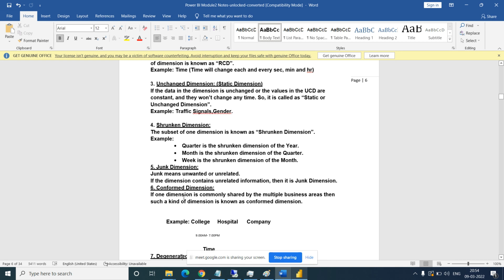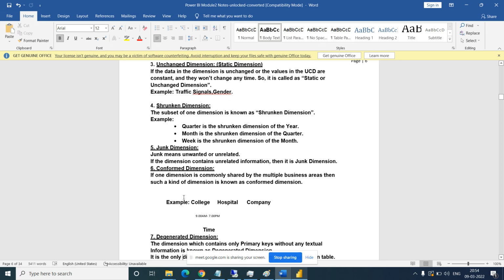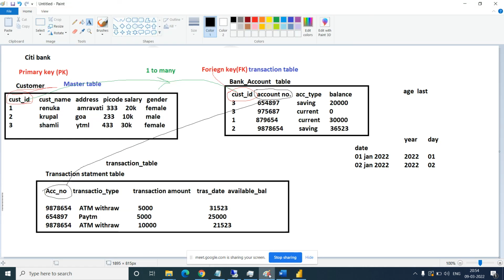Then there is a confirmed dimension. What is a confirmed dimension? If one dimension is commonly shared by multiple business areas, then such kind of dimension is known as confirmed dimension. So let's say I have an example.